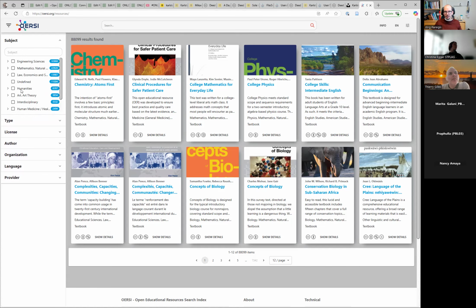If you are in the humanities or in human medicine or health or in law, you can filter these and find works. So this is very useful. And then you find teaching material, which you could reuse. And now that you know how to work with the Creative Commons licenses, you might find some good stuff.